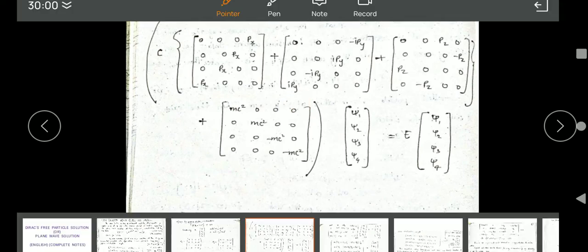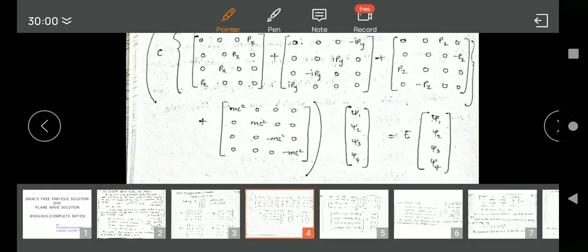So this c into alpha dot p, this c multiplied with this, we would have c minus c ipy. So overall we could take c as common, px minus ipy, and for the remaining elements 0, 0. So these are all the first row elements. In the similar manner, if we go for the second row, here 0 0 0, everything 0. If we go on calculating like this, we would have this matrix after